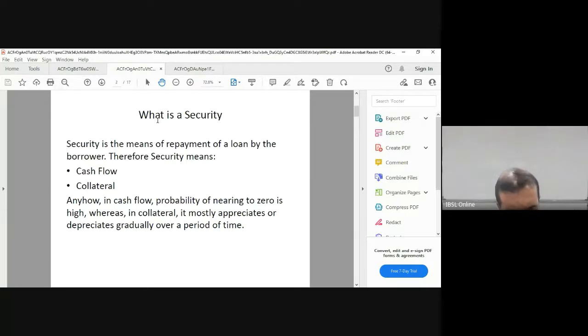But why do people then ask for collateral? Because every time you go on cash flow, there is a serious problem of probability. It is not like a retail customer. If you take a retail customer who works for John Keells, you are not worried about his securities because you know that the cash flow is steady. And this fellow who is going to be your client is not going to leave John Keells, which is one of the big companies and a good company, so he can't get that kind of remuneration from other similar companies.